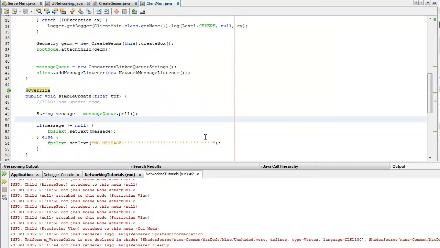So okay, I think that should be enough for now. For the next tutorial, I'll go over just a little simple game between two clients. It's not going to be much, but it should give you a nice lesson to